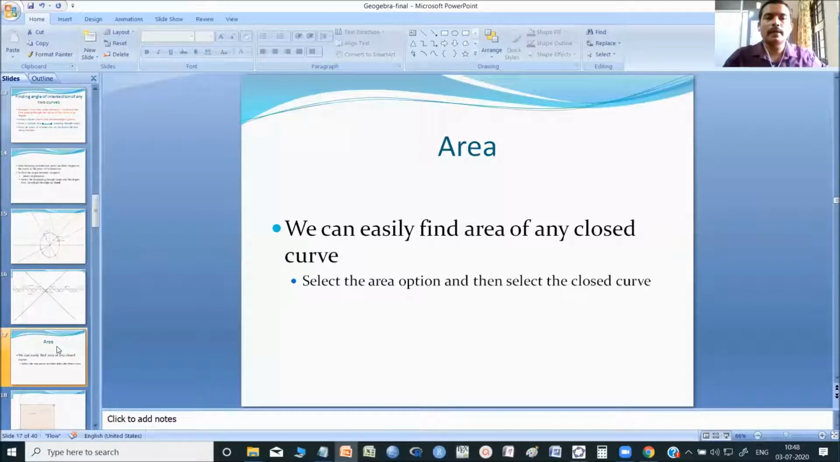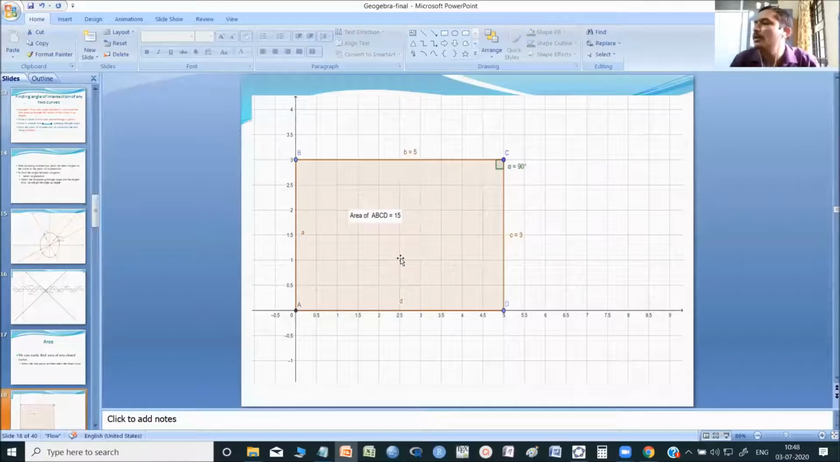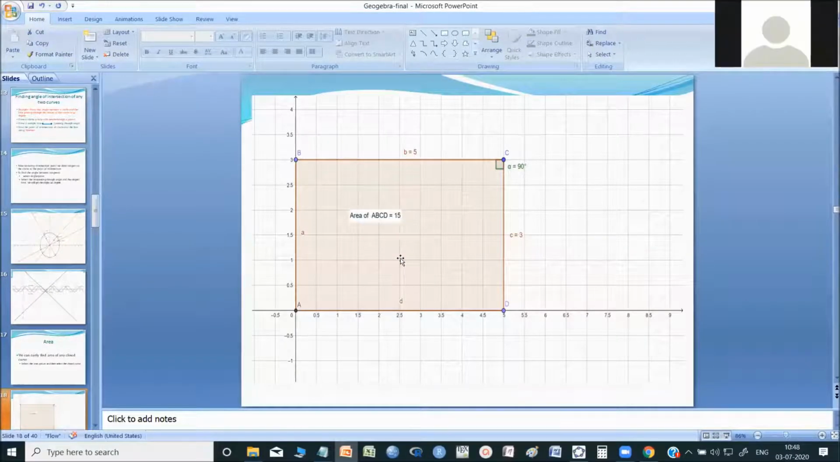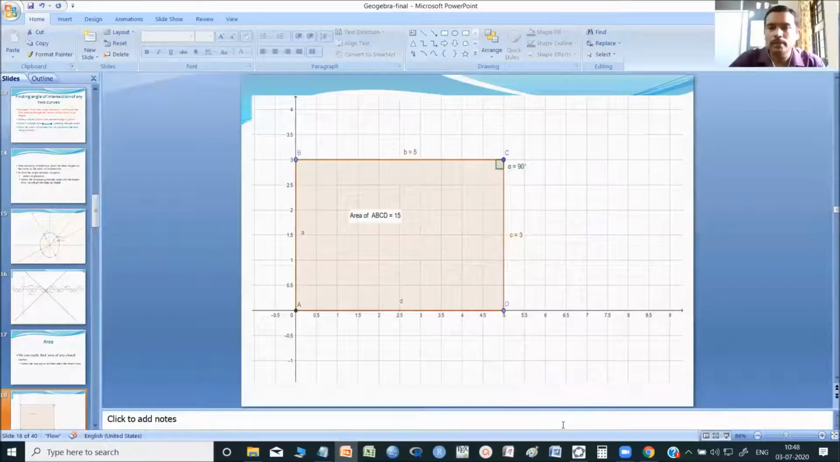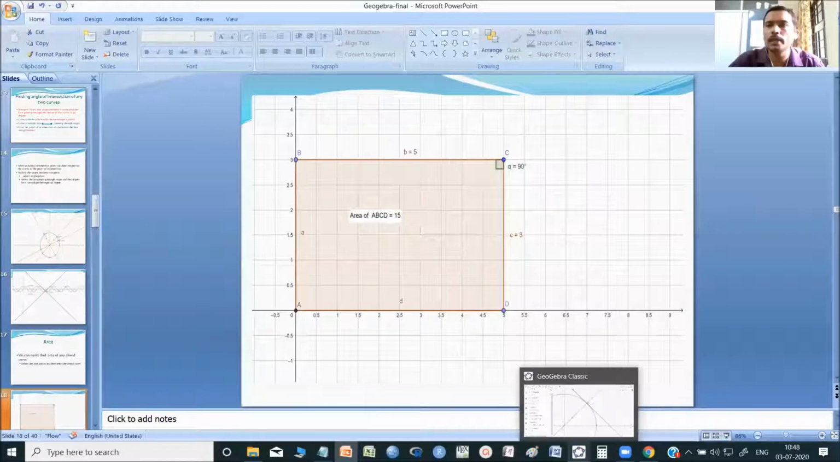Say for example, if I take a rectangle, this is very basic, but let me show you, and later I'm going to use it for some other proof. Say for example, I have a rectangle of length 5 units and breadth 3 units, automatically its area is 15 units. So what we have to do, we have to draw a